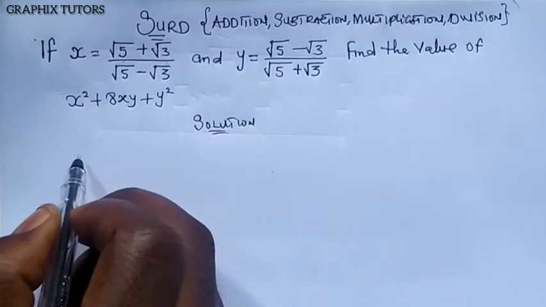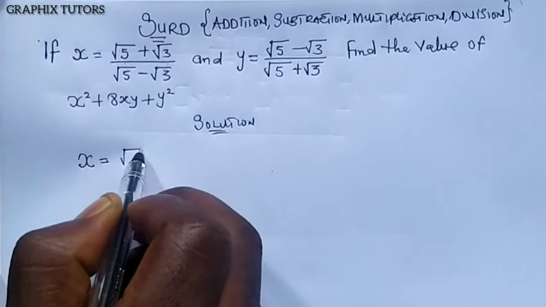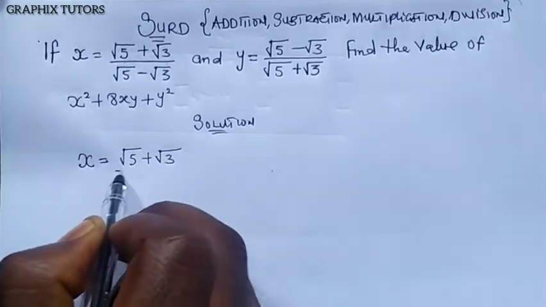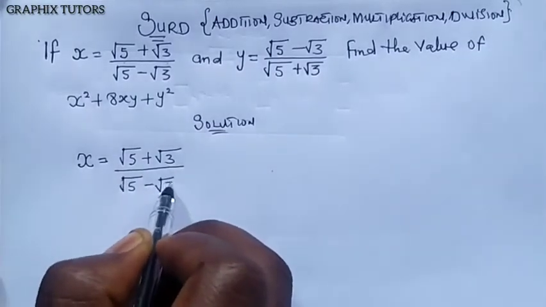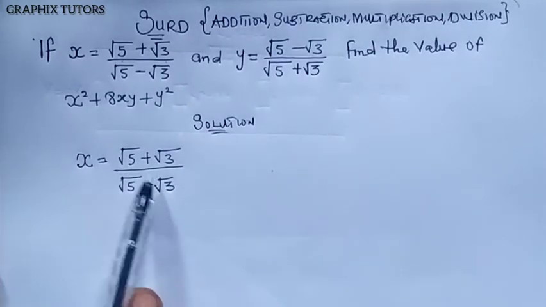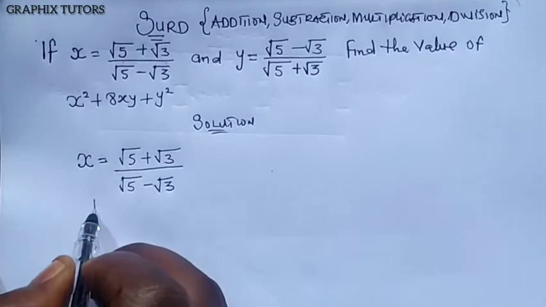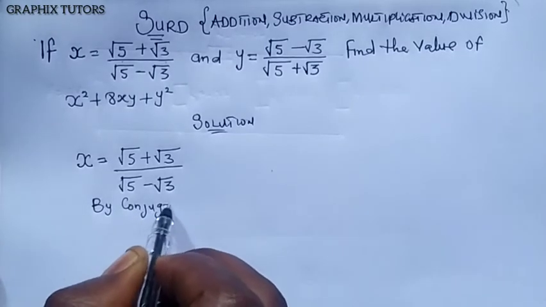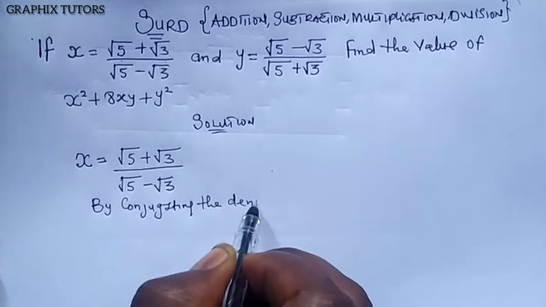We said our x is equal to the square root of 5 plus root 3 all over root 5 minus root 3. Now we have to conjugate this before we can input it here, right? So we write, by conjugating the denominator,